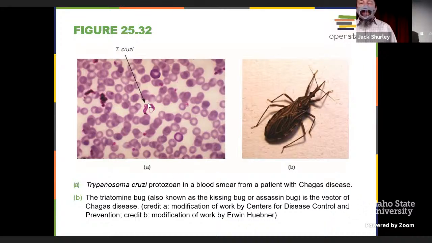So these guys, there are a handful of different types of trypanosomes, and there are some that we think about, like African sleeping sickness, Trypanosoma brucei. These guys are transmitted by a different arthropod vector, and they're transmitted in the saliva. This guy, Trypanosoma cruzi, is transmitted by a triatomine bug. We call them kissing bugs.